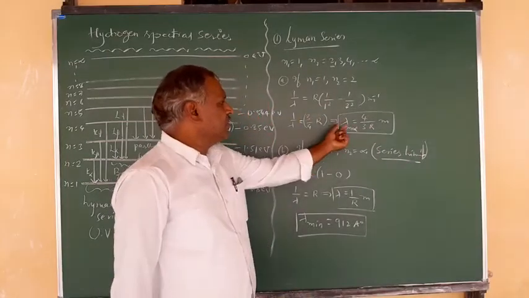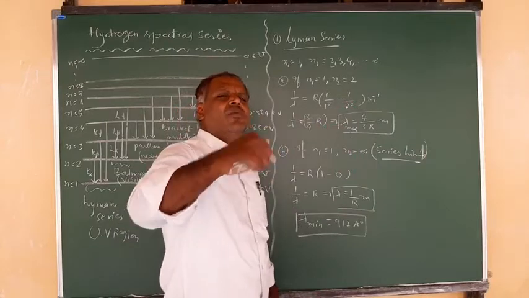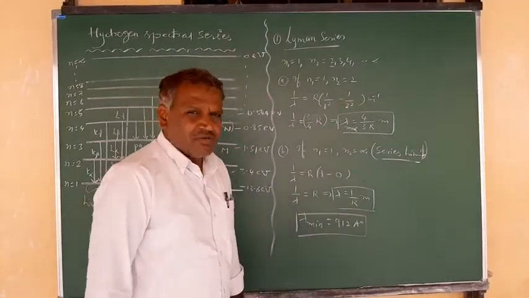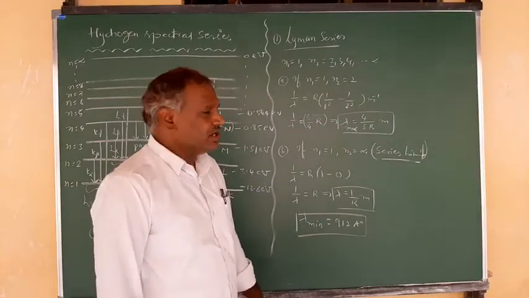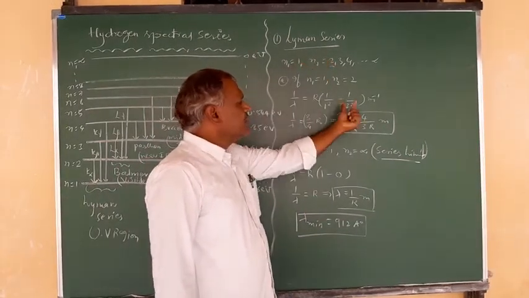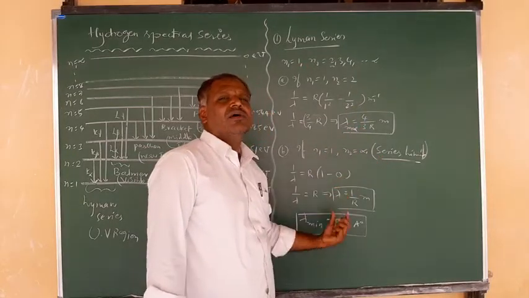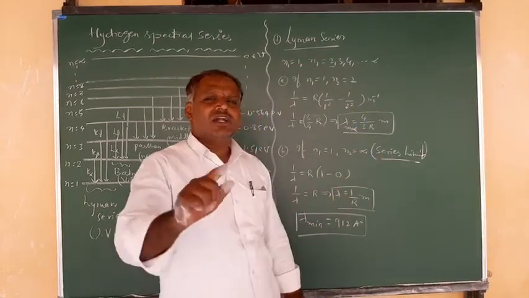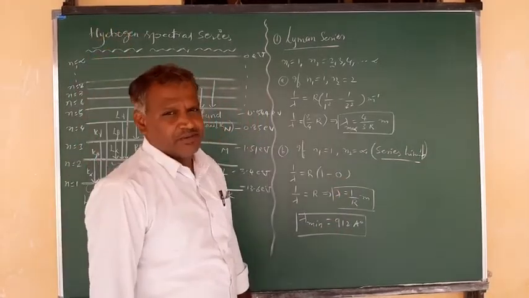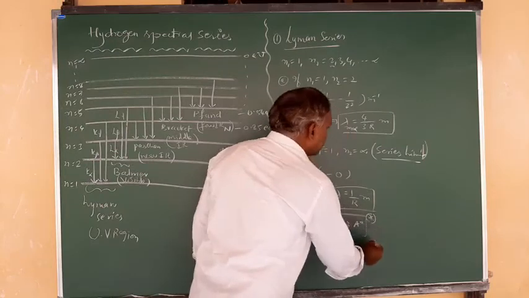So for the maximum value, lambda max, the transition is made to the n value where the electron is getting in. So n1 is 1 and n2 is 2; there you get the transition that makes the wavelength maximum. And where you have the series limit, where the wavelength is minimum, n2 is taken as infinity. So this is the minimum value of wavelength observed in the Lyman series.